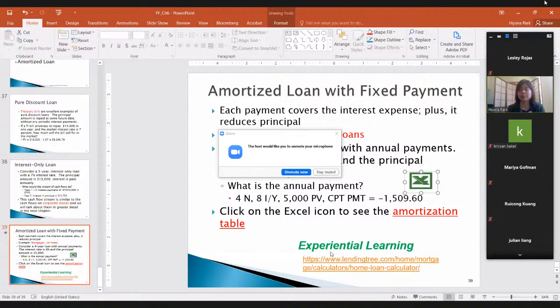If you want to see more real-world examples, this is an experiential learning. There are many websites that provide real-world examples of amortized loans with a fixed payment, like lendingtree.com. You can do mortgage calculations, and you see mortgage calculators on that kind of website, and the mathematics behind it is exactly what you are learning here. So if you click this Excel file,